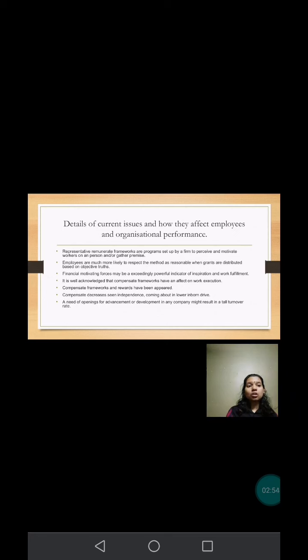Fourth would be it is well acknowledged that reward systems have an effect on work performance. According to expectancy theory, worker effort and productivity would be expected to rise if they believed that incentives were based on excellent performance. As a result, incentive systems serve an essential motivating purpose. Reward systems and rewards have been shown to reinforce organizational values, boost group efforts, raise customer satisfaction, and inspire